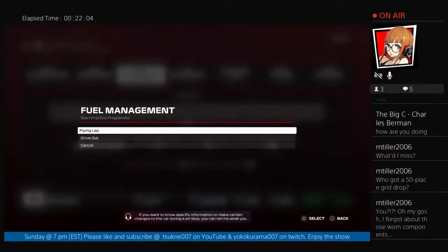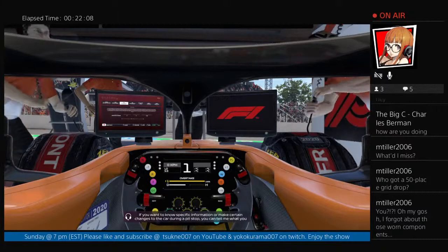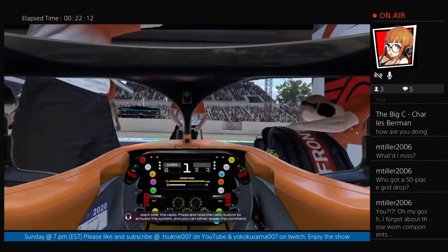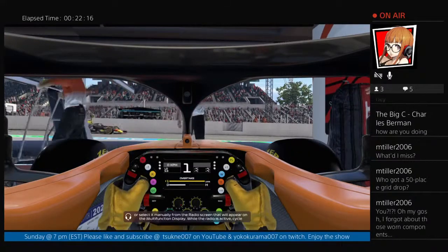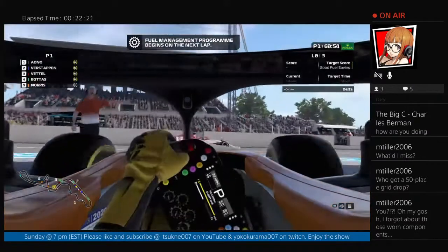Alright, on the fuel management. Specific information or make certain changes to the car during a pit stop, you can tell me what you want over the radio. Press and hold the radio button to activate the system, and you can either speak the command or select it manually from the radio screen that will appear on the multifunction display. While the radio is active...